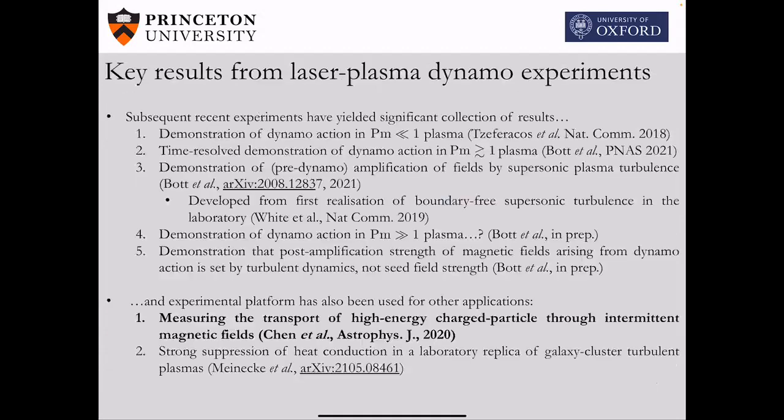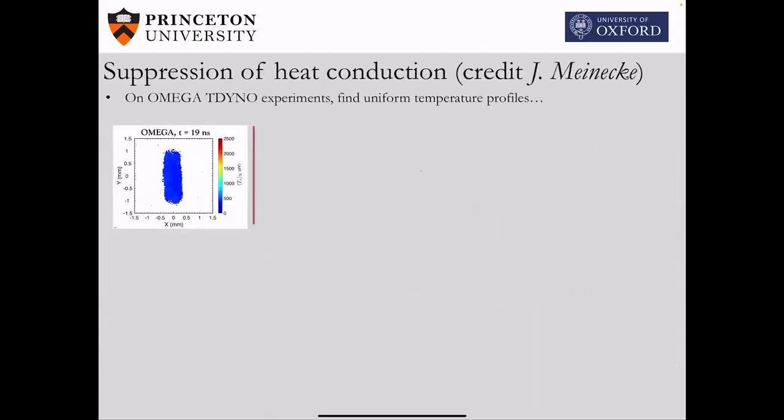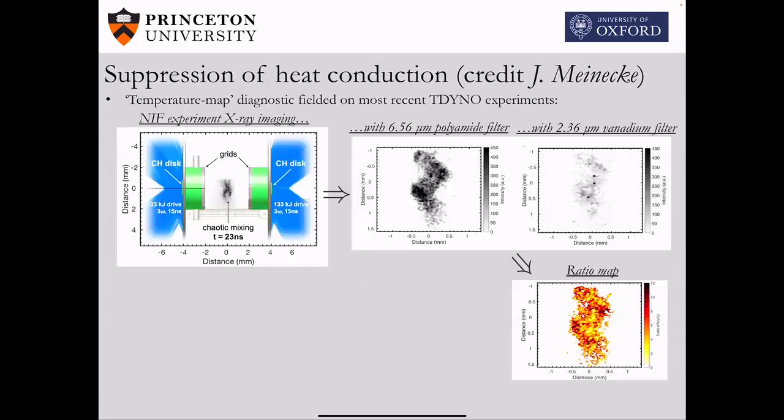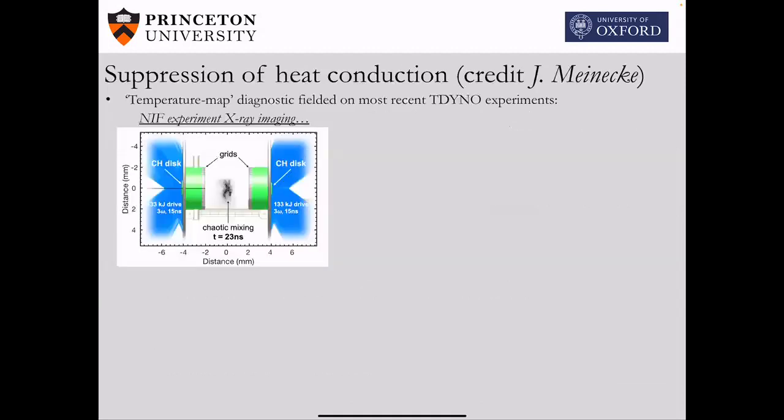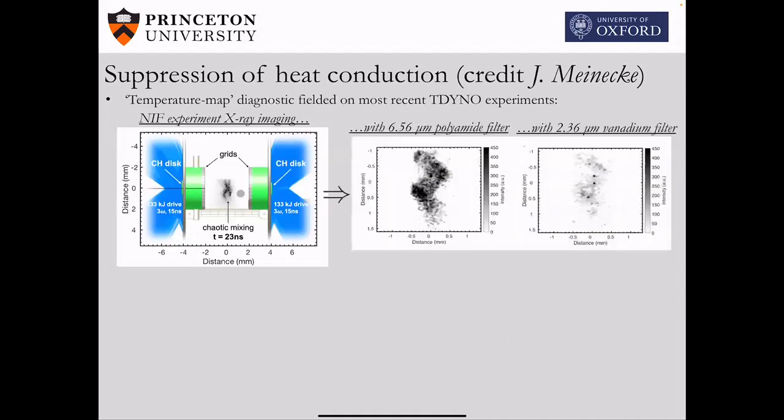Actually, because it's relevant, let me go back to another application I mentioned, which is kind of indirectly relevant to this. So I mentioned there's this very recent paper out, first author Jenna Meinecker, looking at suppression of heat conduction. So that's one of the microphysical effects that people have attributed to these instabilities causing. So what Jenna did for these NIF experiments was basically she modified our X-ray framing camera diagnostic such that she obtained images with two different filter types. So in her case, she was using the polyamide filter and a vanadium filter. And then basically,